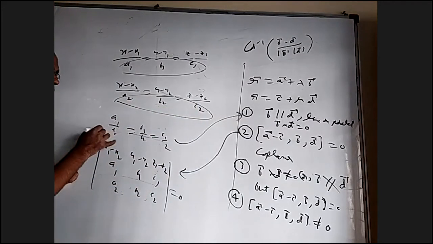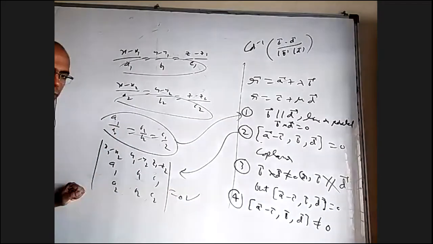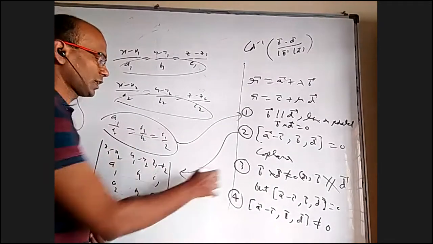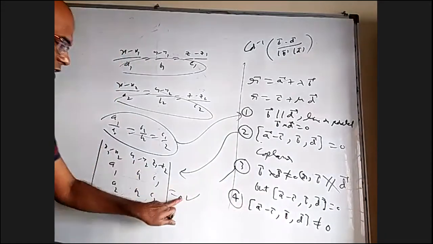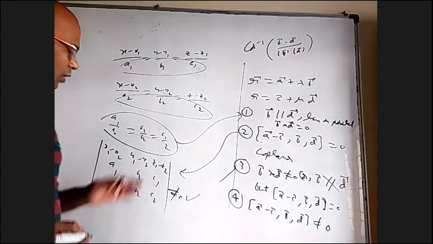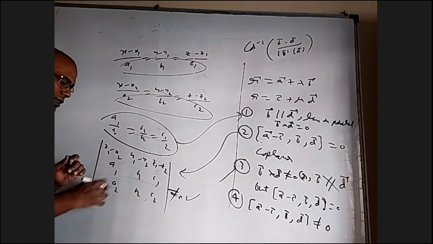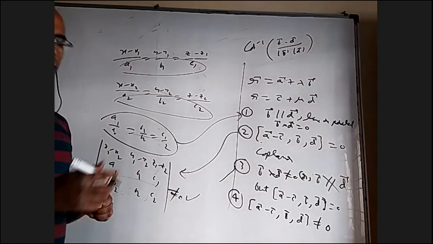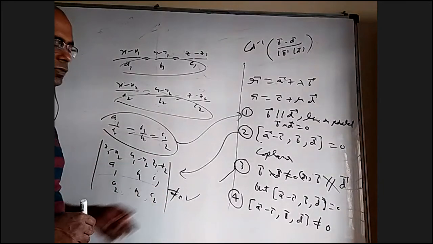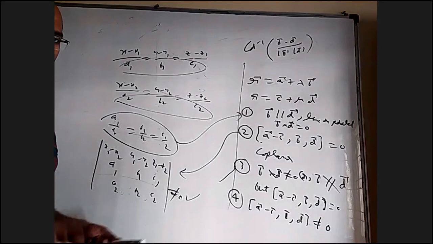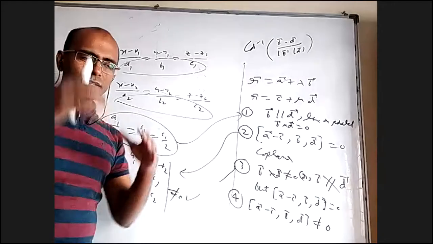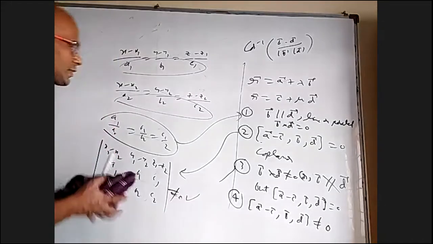Next, if this is not happening, but only this is happening, that means they're not parallel but they're coplanar. That means they must be intersecting lines. And if this is non-zero, they're skew lines. They're definitely not parallel, because if they were parallel, this would be 0. They're also not intersecting, because if intersecting, this would be 0. So that is the condition for skew lines. Okay, covered there. Next, they may be parallel lines. What if they are the same lines? I can even give an example.